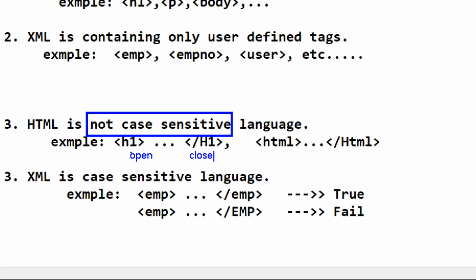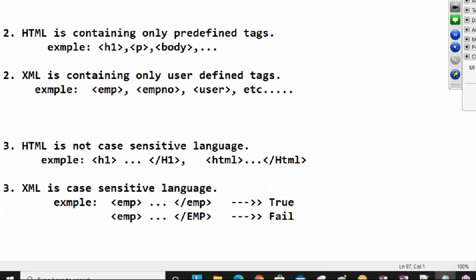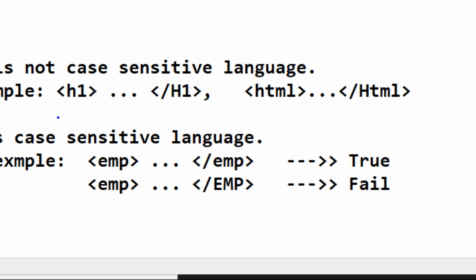Open tag or start tag, and close tag or end tag. Here I took a small h1, and here a capital H1. For the end tag we always use a forward slash. Small h1 here, capital H1 here, no problem.